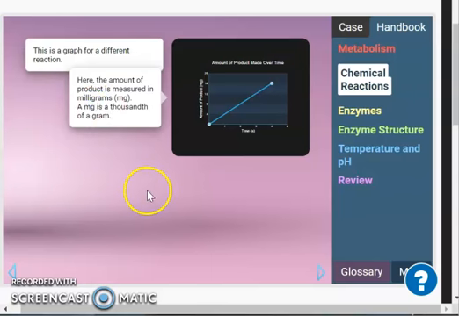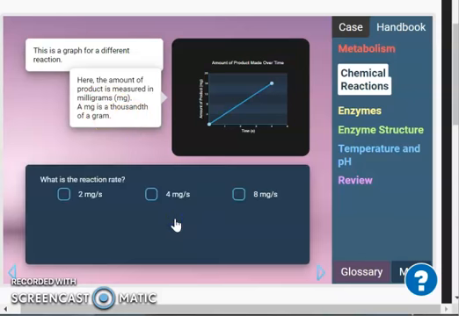Here, the amount of product is measured in milligrams. A milligram is 1,000th of a gram. What is the reaction rate of this graph? Here, we can either look at our point where we have had 16 milligrams in 4 seconds, or because all